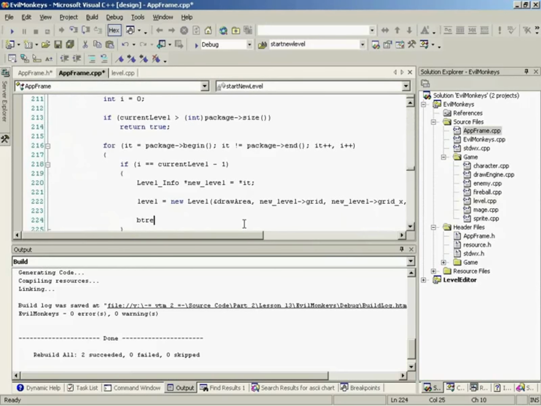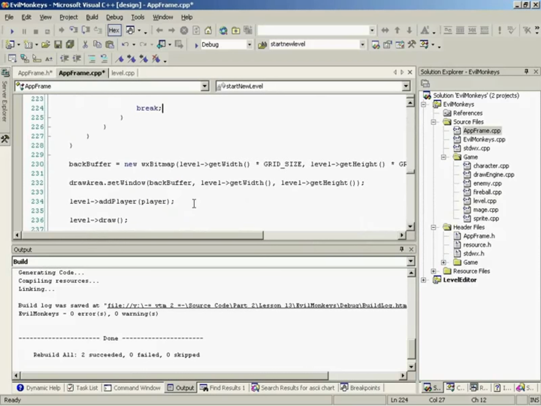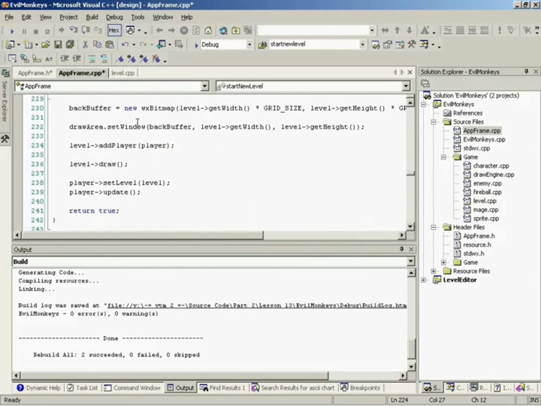And with that, we'll just break out of the loop and say that we found the level we wanted and we've created it. Other than that, since we have level.getWidth and we utilize everything properly, all the rest of this should be perfect. So okay. Let's go ahead and switch over to the massive function of the day, which is going to be our load